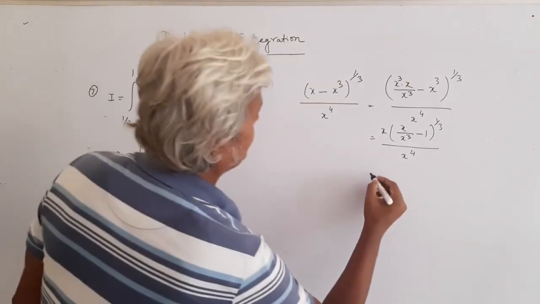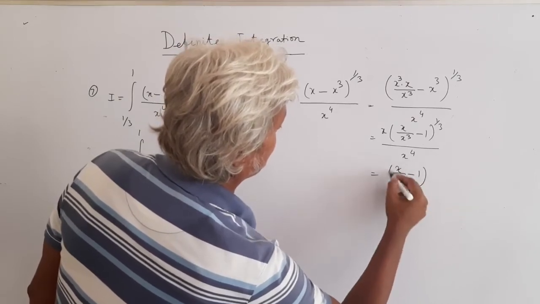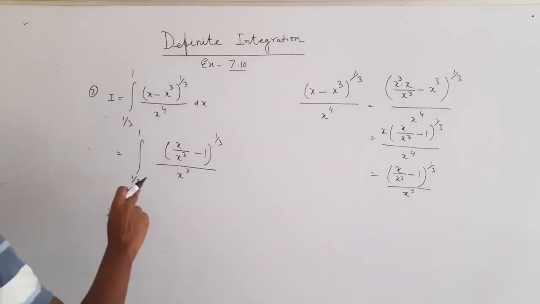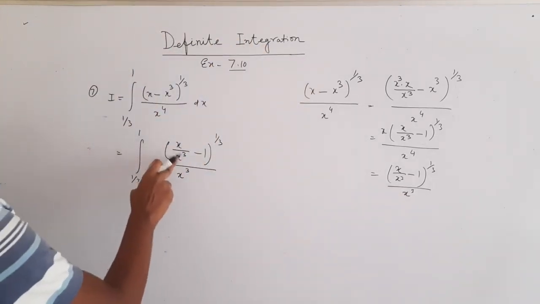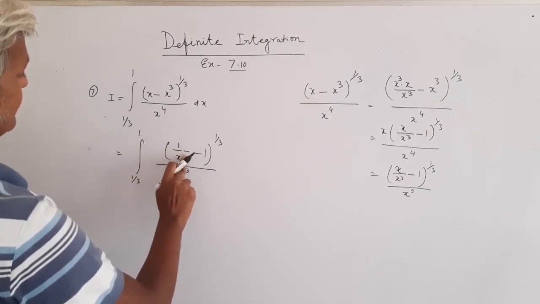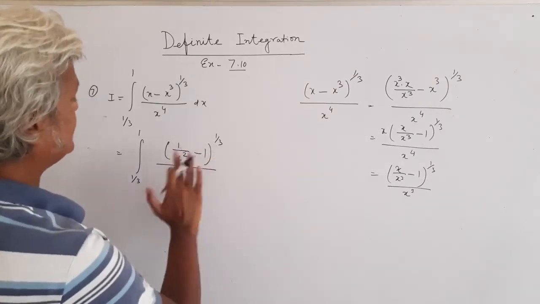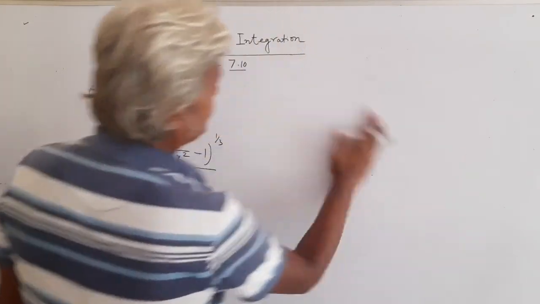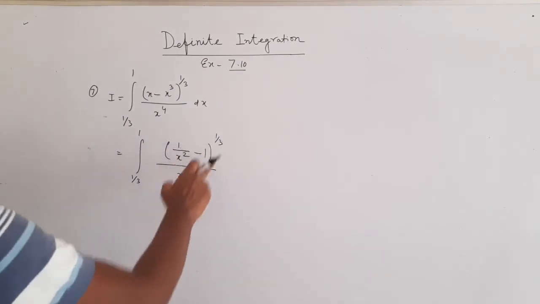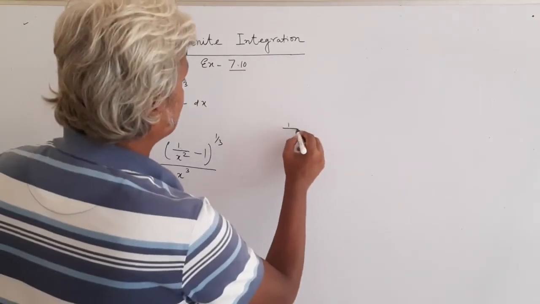I can write this as x over x cube minus 1, to the power 1 by 3, over x cube. Then I can reduce this x by x cube also. I can write this as 1, and this as x square. Done. Now let's see whether this substitution is helping me at all, because there is no other way, since this is a binomial expansion with a fractional exponent that will create a lot of trouble. So we'll have some options here.